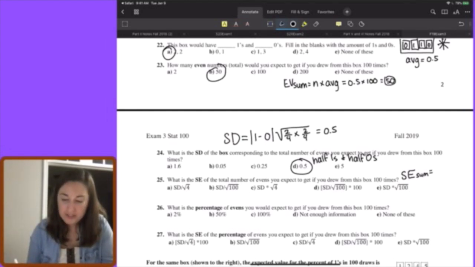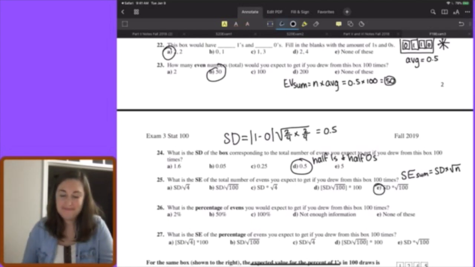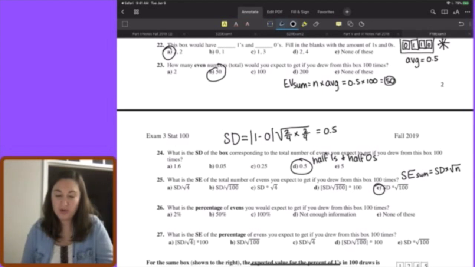So standard error for the sum is SD times the square root of n. Which one is that? This one? E? Yeah, SD times the square root of